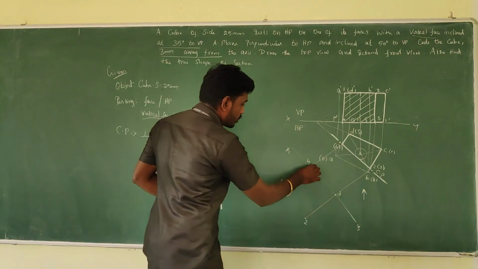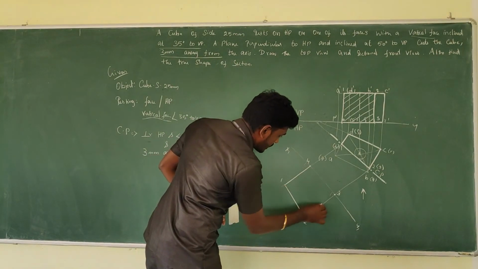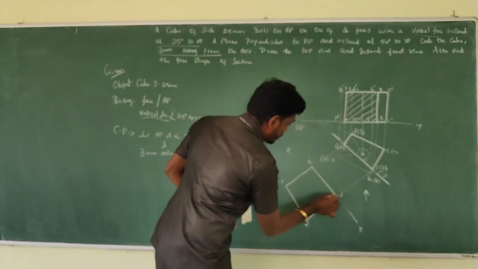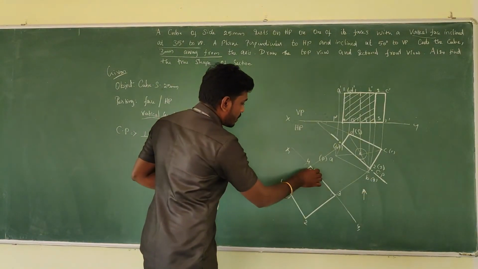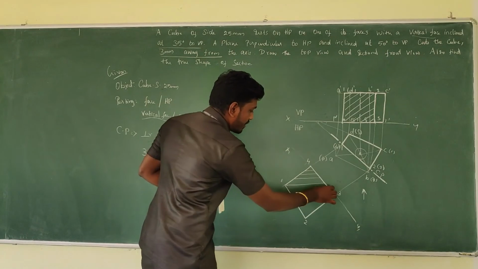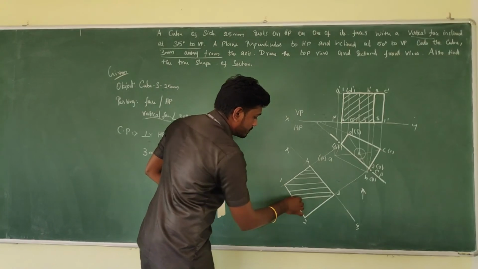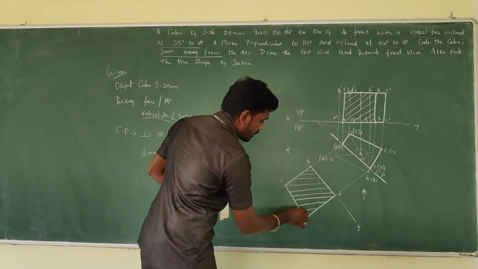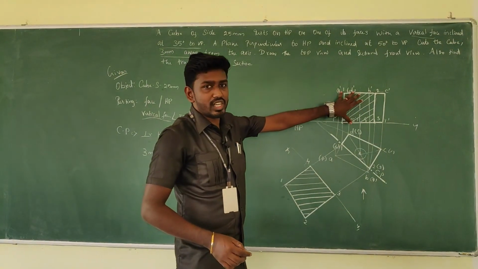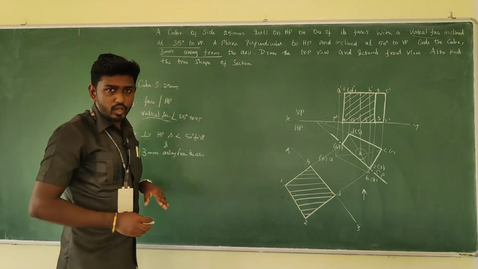So this is the true shape. Try to note it with dark lines. It's the true shape of the section view. So you can make 45-degree inclined lines with a gap of 3 mm. Mark it off. This is the true shape, and this is the sectional front view. So we have completed what has been asked in the question.